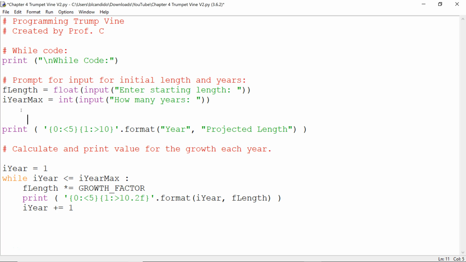So what I'm going to do is put the old output. Notice we got the print, and we put out the year, comma, the tabs, comma, and we would format the length to 2 decimal positions. Now notice we're using identifiers here. So what we're doing is we're creating the first column